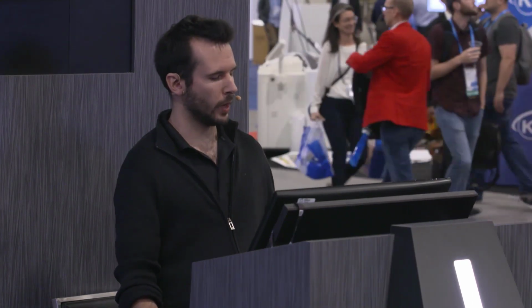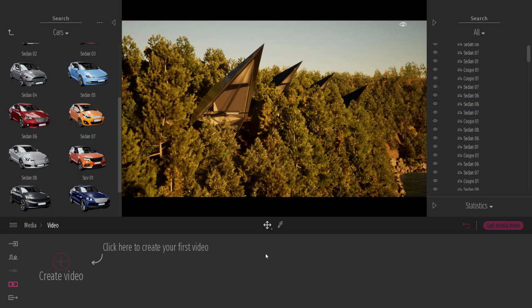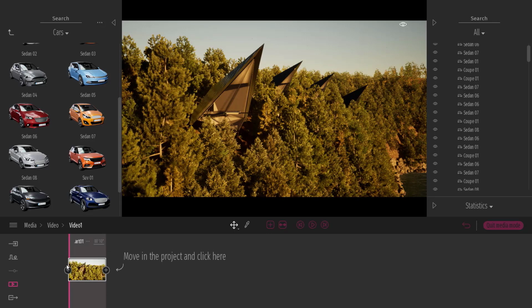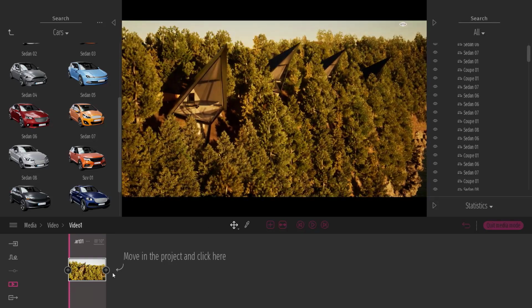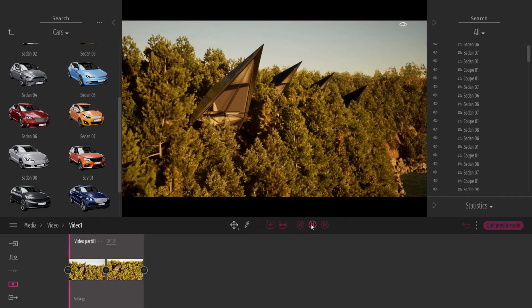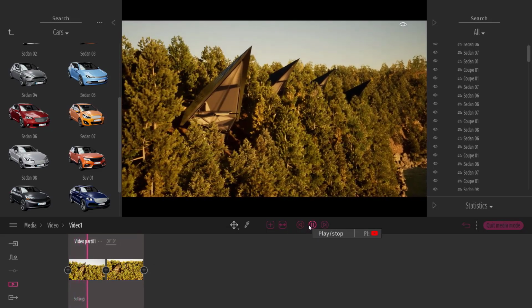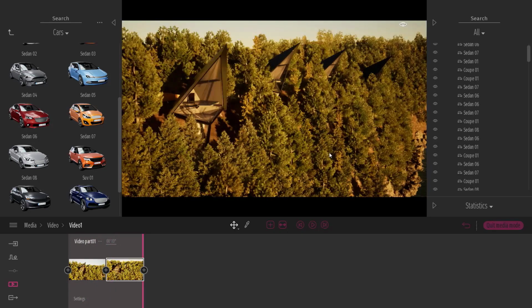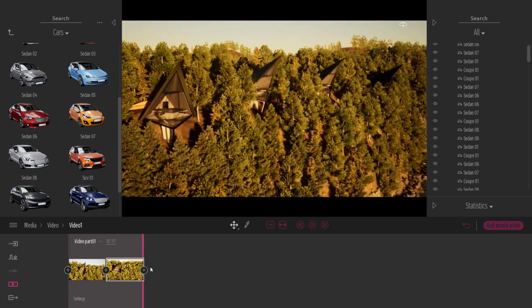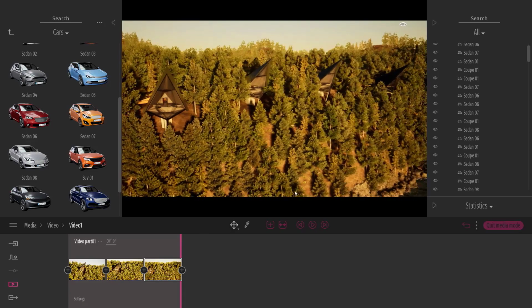Now in Twinmotion, you can also create videos. In this new version, we have simplified the way you create a video. And we have a lot of text that helps you to learn, to know what you need to do. So when you click on the plus, it creates the first keyframe. This is the starting point of the video. Then you just move the camera inside the viewport. You click on the plus. Twinmotion creates automatically the animation between the first keyframe and the second one. If I want to add more keyframes, I will just keep my camera moving, click on the plus, and Twinmotion takes care of all the job.